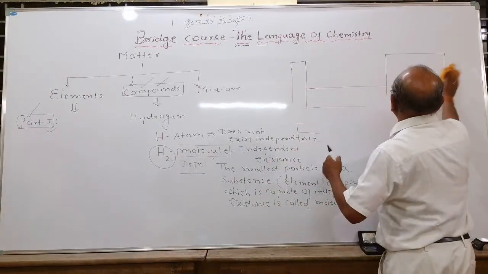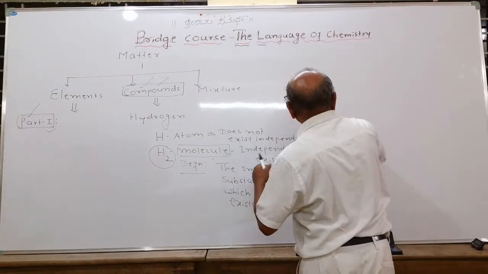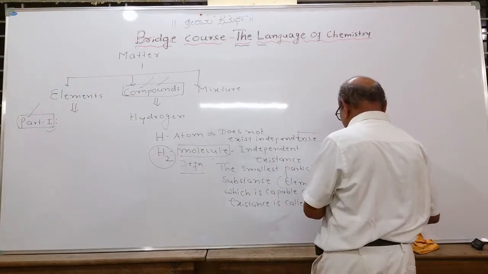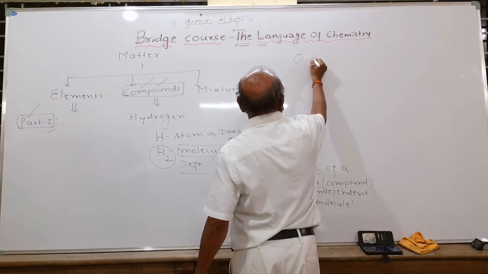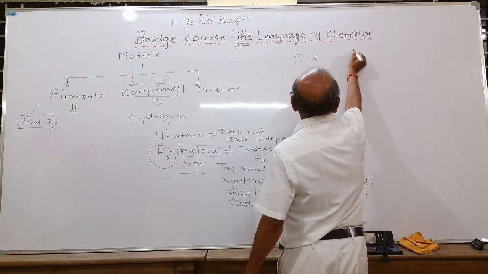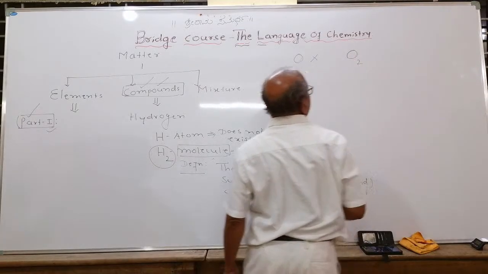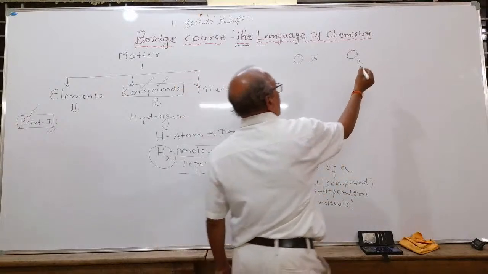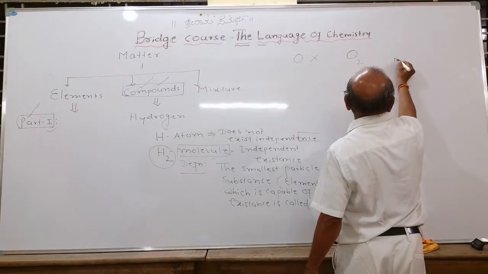Oxygen does not exist in the nature as O. We are breathing because of oxygen. In the atmosphere, oxygen is not present in the form of O. That particular O does not exist in the nature. How does it exist? It exists as O2. It is a diatomic molecule. And these are called as elementary molecules. These molecules are classified into,